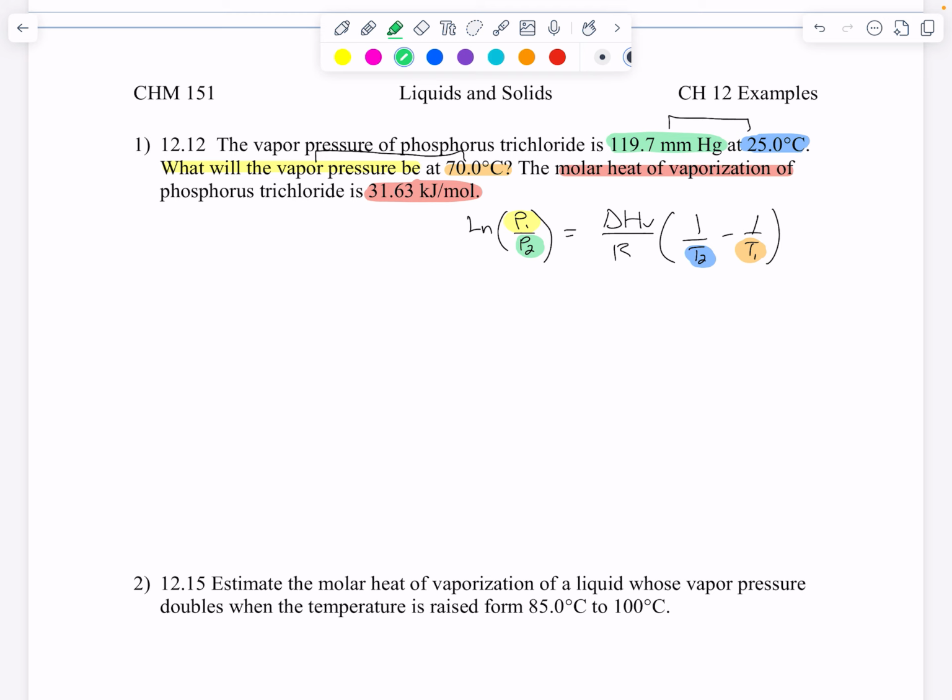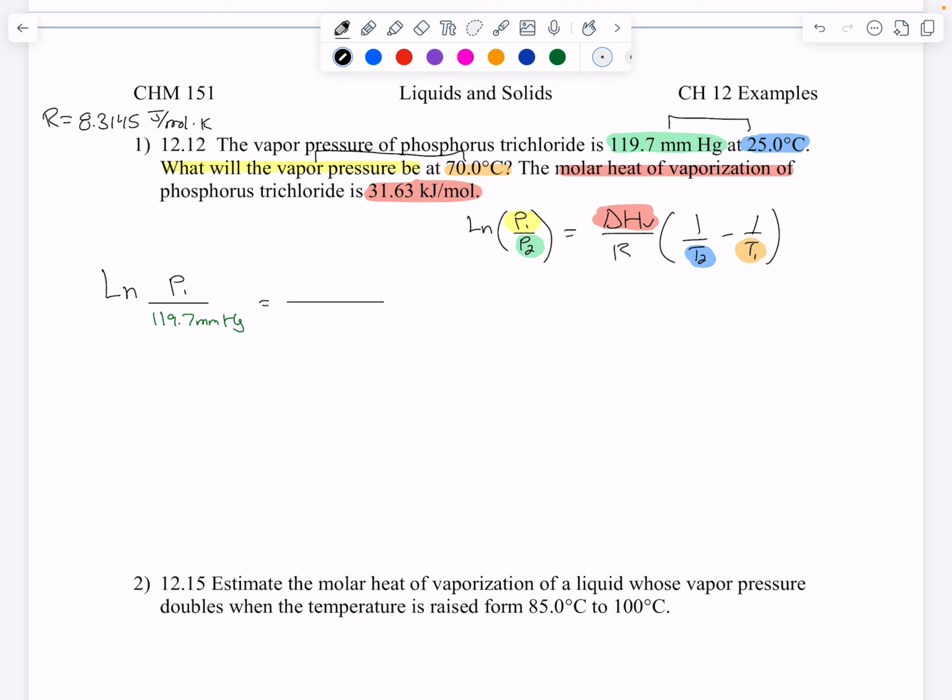Then finally we have delta HV, and we know what R is. R, of course, is the constant, 8.3145 joules per mole Kelvin. Let's plug these numbers in. We have natural log of P1, which is what we're looking for, over 119.7 millimeters of mercury,